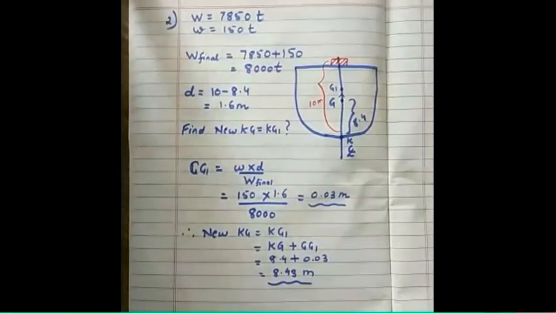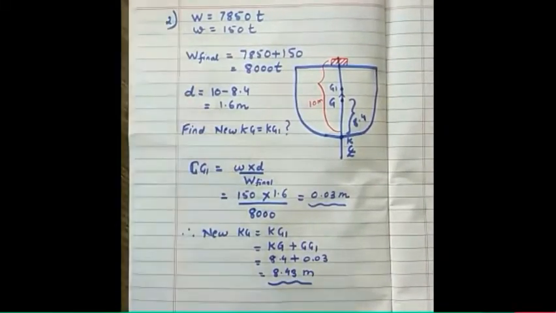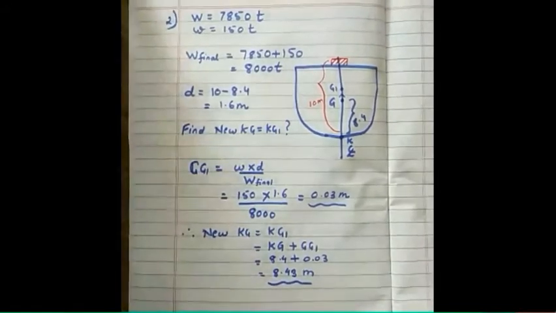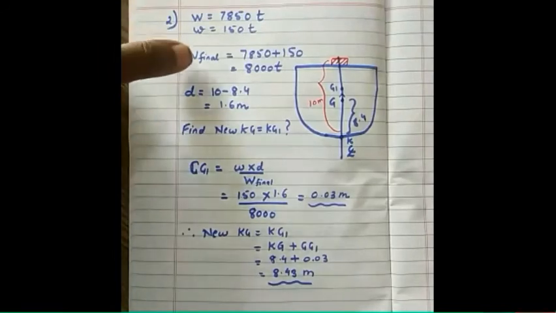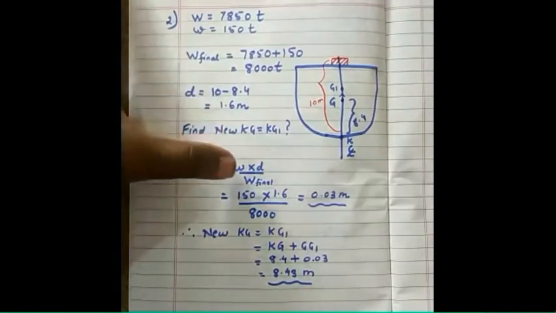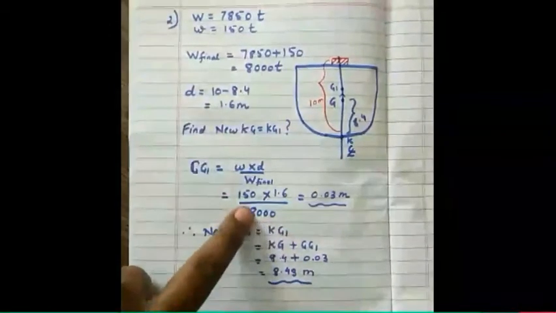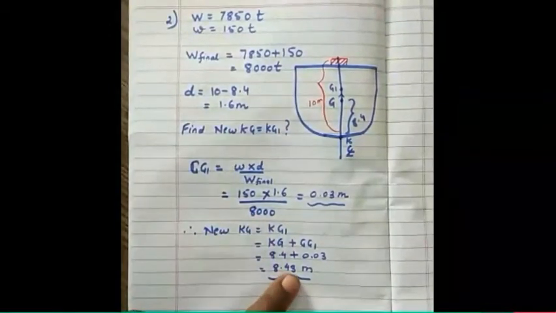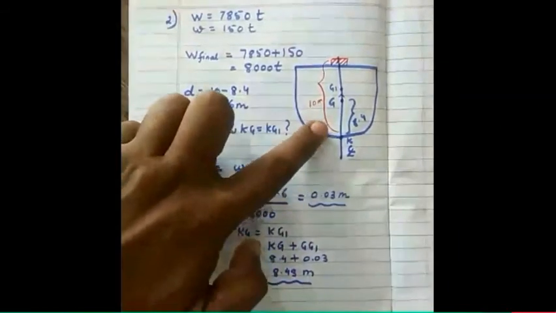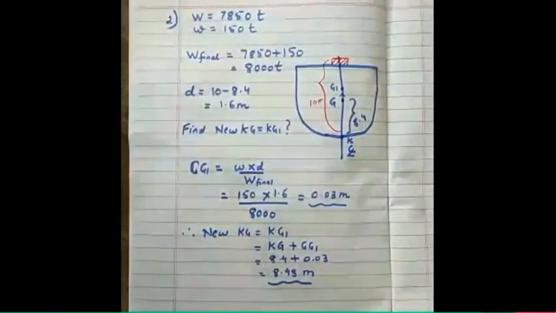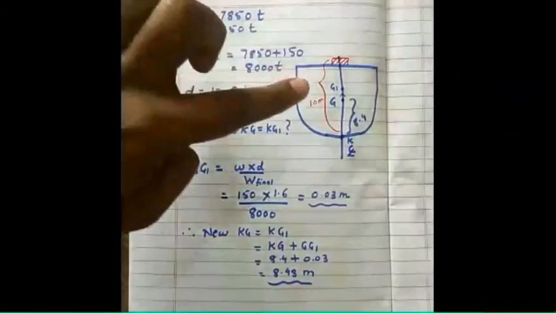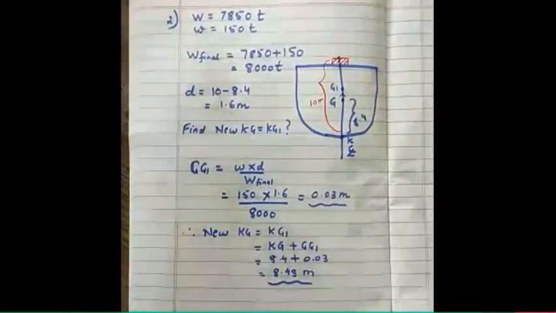Okay. So can we move to the third one? Yes, sir. So this is the way of presenting the answer of this type of questions. First, as I said previously, you have to write the data. Second, you have to write the formula. Third, you have to do the substitution. Fourth, the final answer with the unit. And if there is a diagram, it is well and good because it is easy to understand. If you don't draw the diagram, it is quite confusing when to plus and when to minus. That's right, sir.